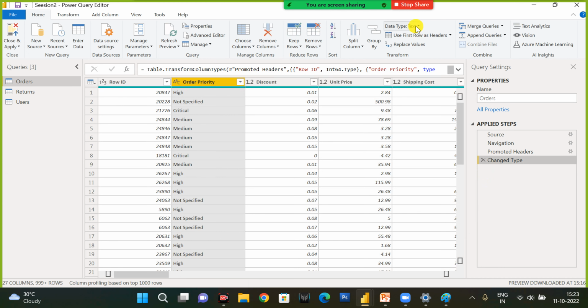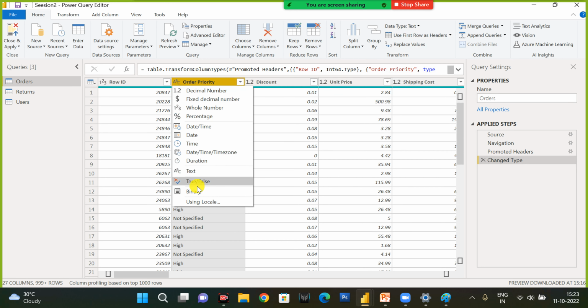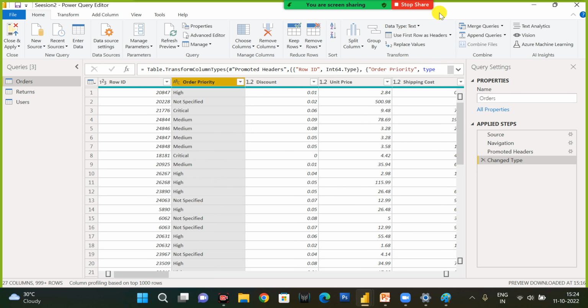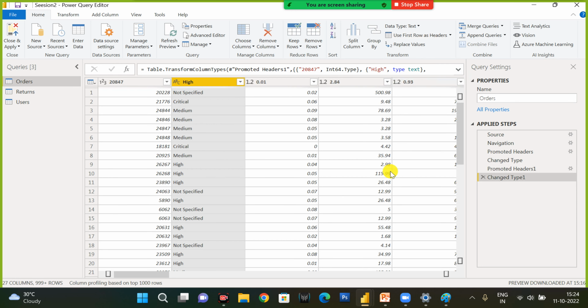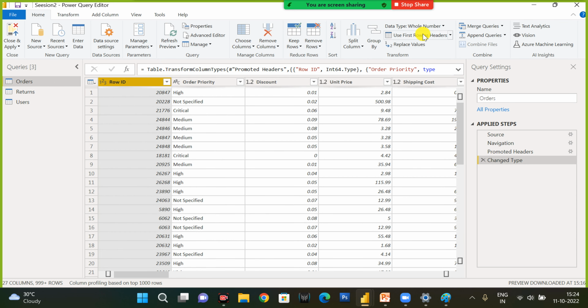And also here, if you see the data type, here also we can change the data type, whether it is decimal or text or anything. And similarly, use first row as header. Sometimes when we use Excel files or some other things, it will add Column 1, Column 2, Column 3. At that time we use first row as a header. Then it will create it so that 20841 will come like a header and high is coming as a header. Let me